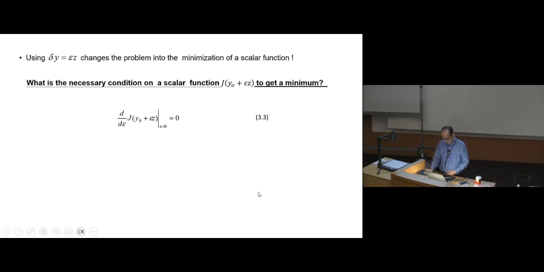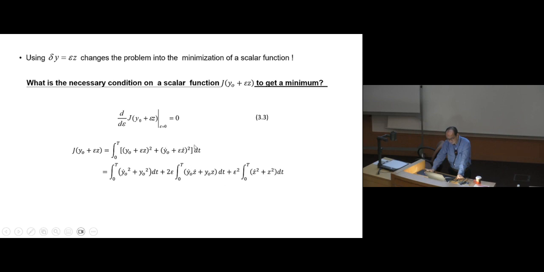All right. Then we just need to compute this, right? How to evaluate this? We already have the expression of this J, right? And we just take the derivative with respect to epsilon. So we first group the terms. We know this is a quadratic one. Then we have this one term, which is not related to epsilon. And then we have the first order term for epsilon, and then we have a quadratic term for epsilon. So it's a quadratic function of epsilon. Remember, y naught is there. Those are the fixed ones.